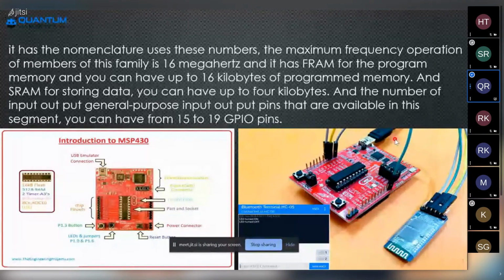If you want to use it in real-time use cases, then you have to connect battery power here, where we have ground, VCC and plus 5 volt.